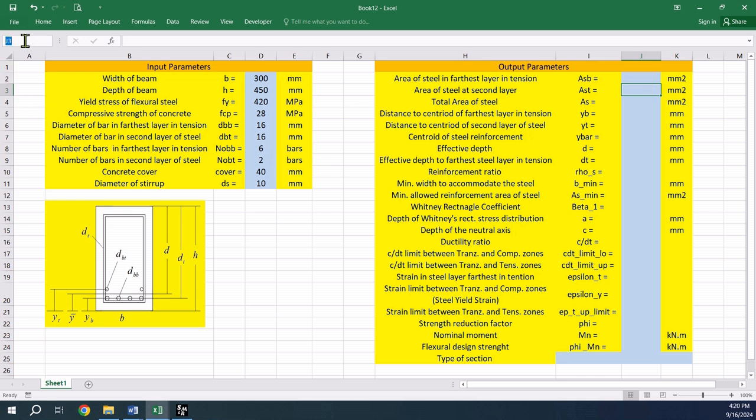The next one will have the name AST, then AS, YB, YT, Y bar, D, DT, rho underscore s, b underscore min for minimum, As underscore minimum, beta underscore 1, the correlation coefficient between c and a,